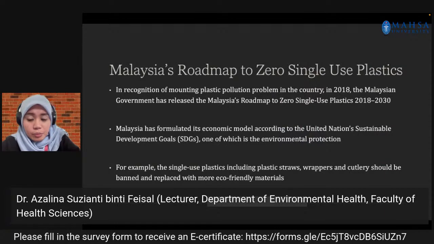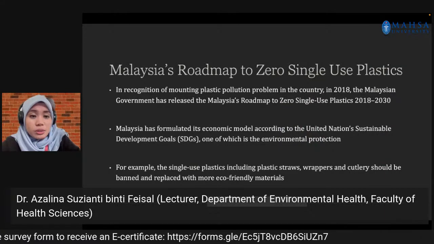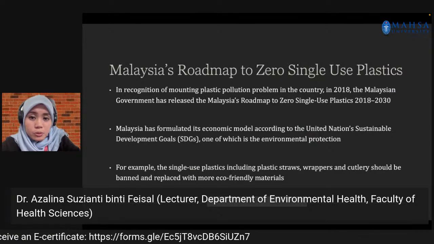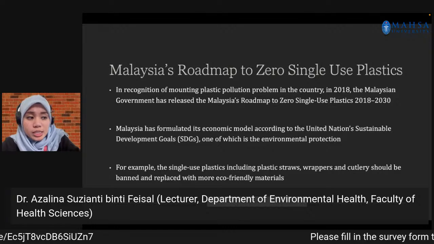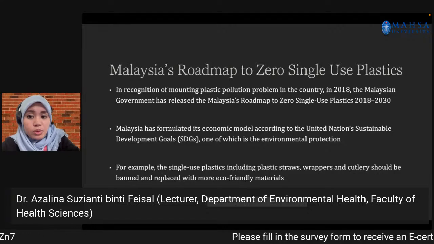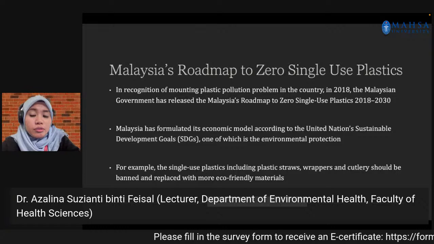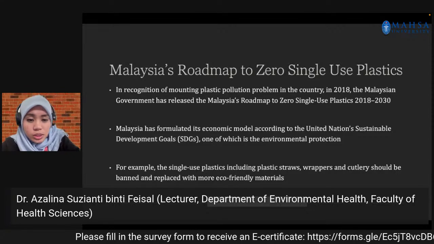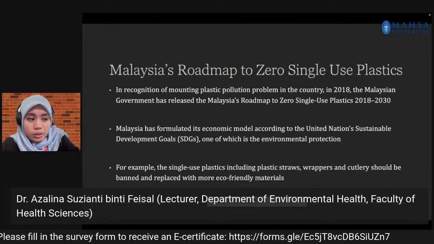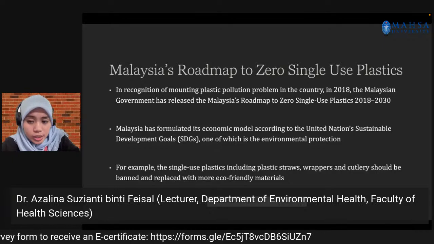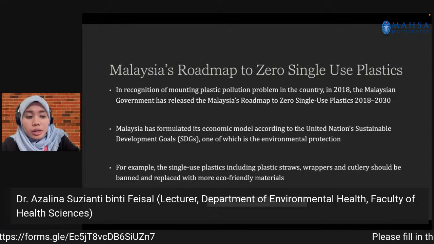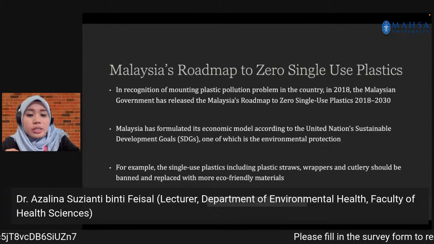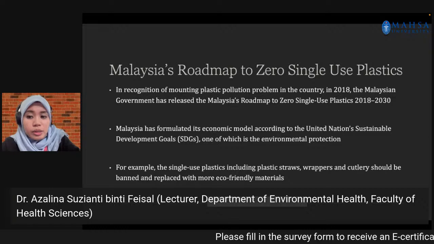So, the Malaysia Roadmap to Zero Single-Use Plastic. In recognition of the mounting plastic pollution problem in the country, in 2018, the Malaysian government released the Malaysia Roadmap to Zero Single-Use Plastic from 2018 to 2030. Malaysia has formulated the economic model according to the United Nations Sustainable Development Goals (SDG), which is one of environmental protection. And single-use plastics, including plastic straws, wrappers, and cartridges, should be banned and replaced with more